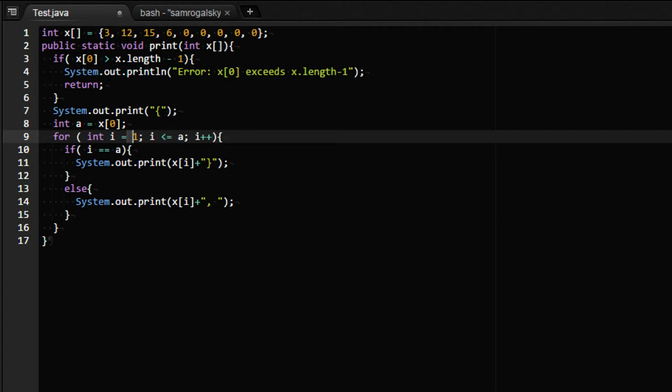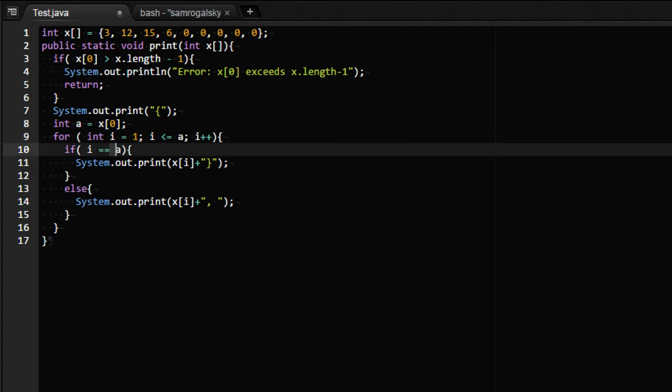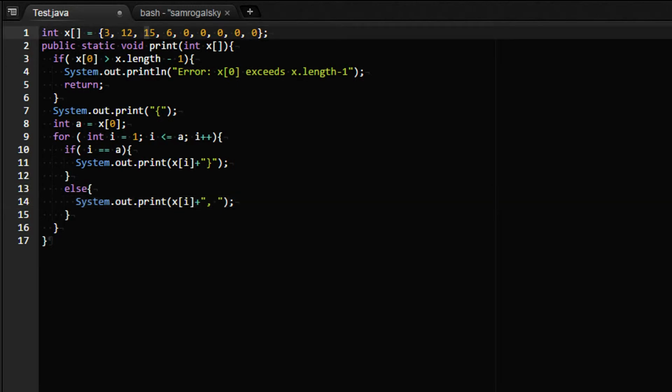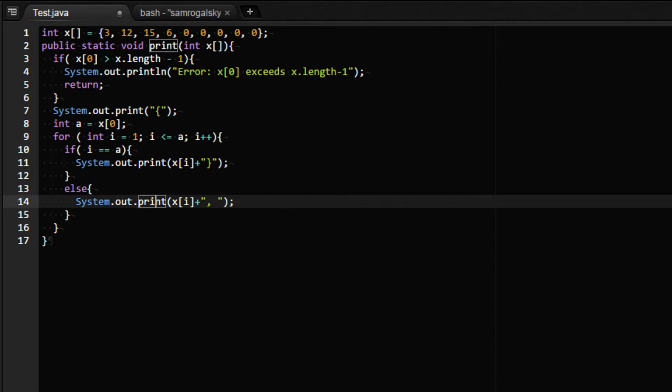So now i equals 2. So 2 is less than or equal to a, which is 3. But 2 is not equal to 3, so we're going to enter this else statement again, and we're going to print x of i, which is x of 2, which is 15. Then we're going to print a comma and a space, and then we're going to go back up to the top again,